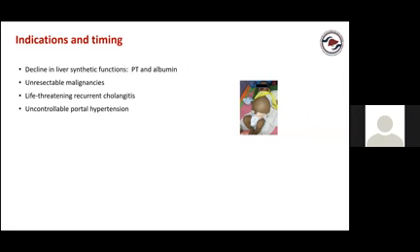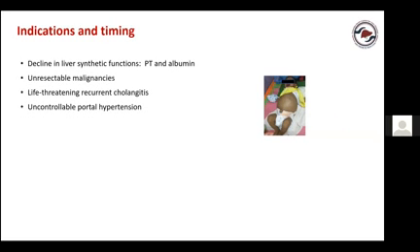Uncontrollable portal hypertension. We all know chronic liver disease goes hand in hand with portal hypertension, and it can be controlled to a large extent with the endoscopic program. However, on certain occasions, despite the child being on an endoscopic program, if the portal hypertension is uncontrolled and the child presents with recurrent episodes of bleeding, especially with fundal varices, you might need to consider liver transplantation despite the synthetic functions being normal. Hepatopulmonary syndrome, portopulmonary hypertension, it's again a challenging indication.